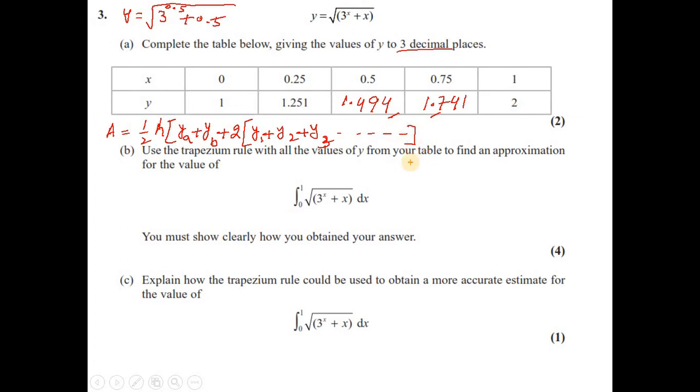That's how you can estimate the area using the trapezium rule,